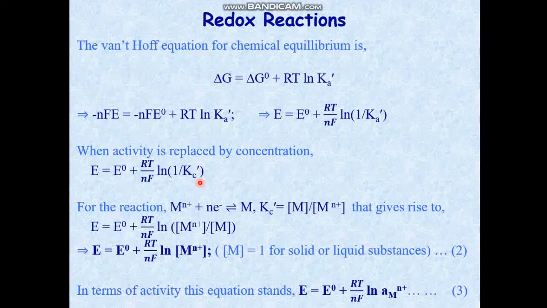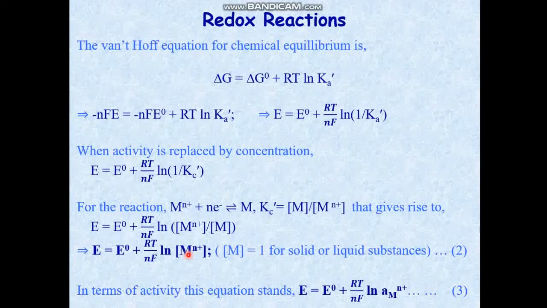1 over concentration of M by concentration of M dash. That means it is actually concentration of M cation divided by concentration of M. So 1 by Kc dash is written as this one. Finally, M is the concentration of the metal, which is actually the solid, and we know that in case of solid and liquid, this term is actually unity. That means this term is 1, so this becomes ln of the metal cation